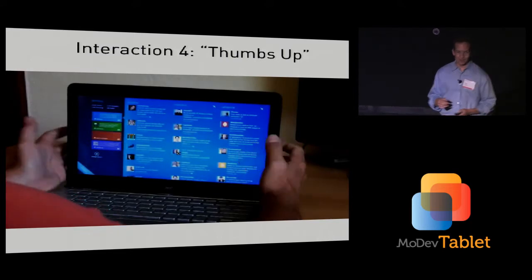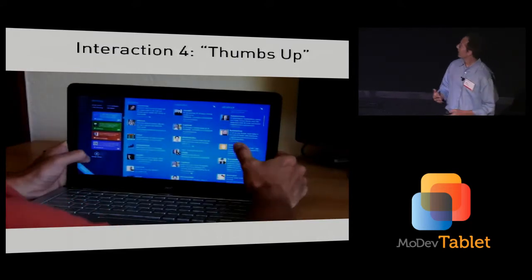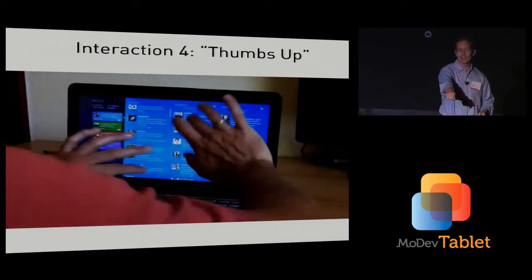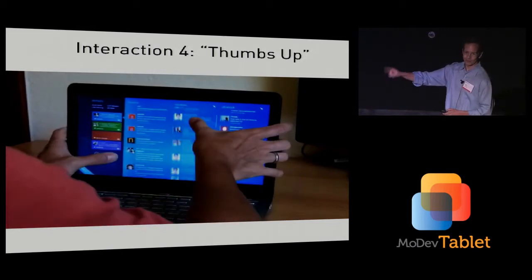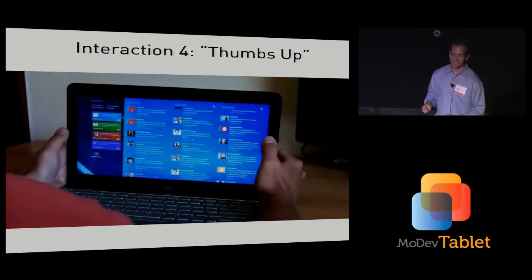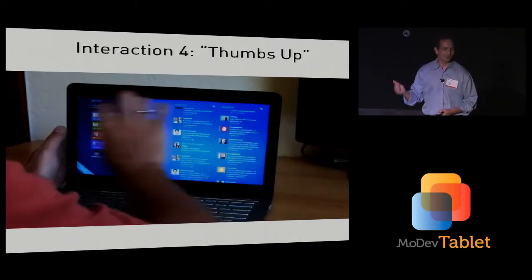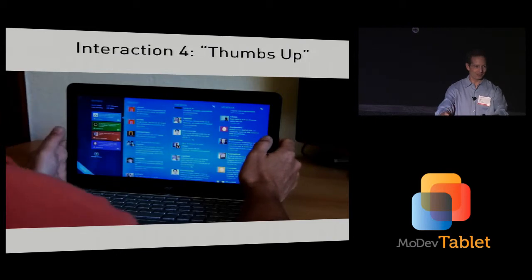So this is my favorite guy here, Mr. Thumbs. He's been using this for a little while. And one of the things that Steve Jobs said was that if you're reaching out to do stuff, eventually your arm gets tired coming out of here, doing all this stuff. So eventually you just lose energy. And this guy has a fascinating technique that no one else has ever reproduced, but his thumbs part is, and he's someone who's used this a little bit more. And we do find that people start to grab the screen in part, I think, just to rest your arms,